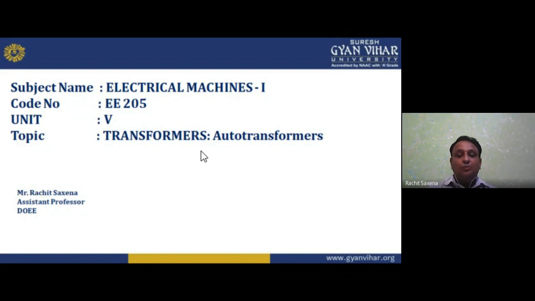I hope you understand all this. Now this is about the three phase transformer. Today I am going to deliver this lecture on auto transformers. It is different from the single phase or three phase. How is it different? We have the same winding and the same core, but we are using only one winding. That is the difference from the single phase, three phase, or two winding transformer.